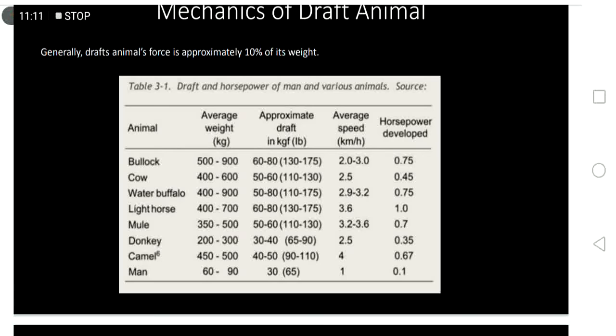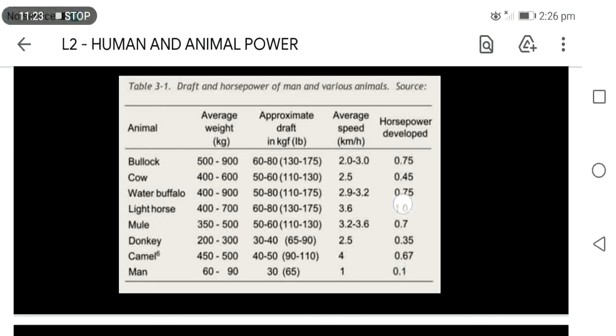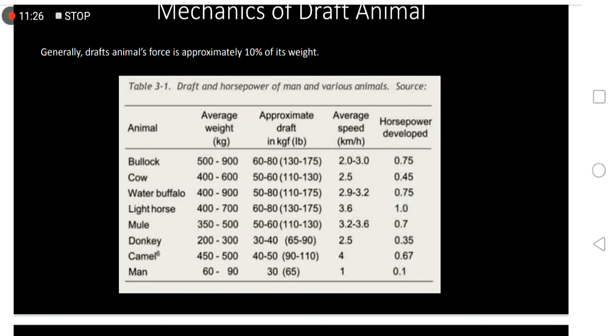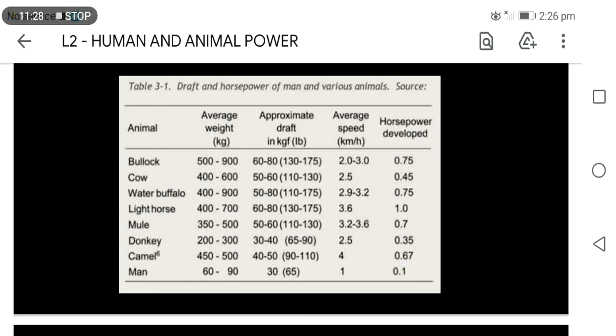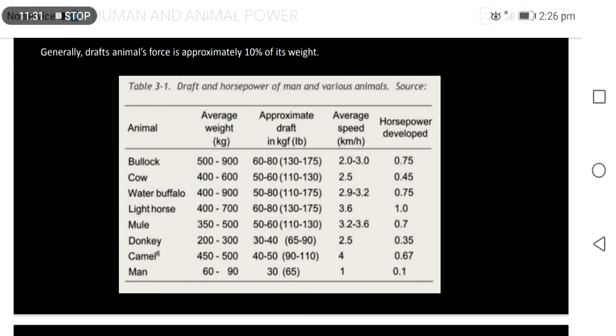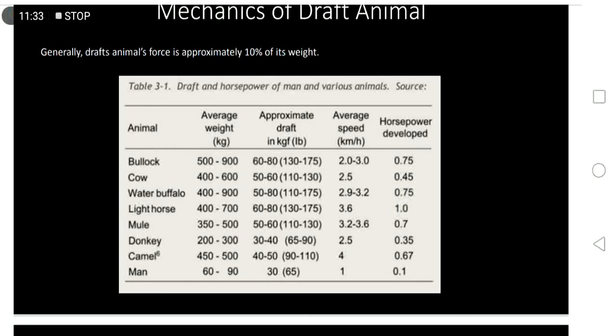So the developed horsepower is about 0.1. Which has greater horsepower, the man or the horse? Of course, the horse. It has 1 horsepower, but the man has only 0.1. So the horse is much more powerful